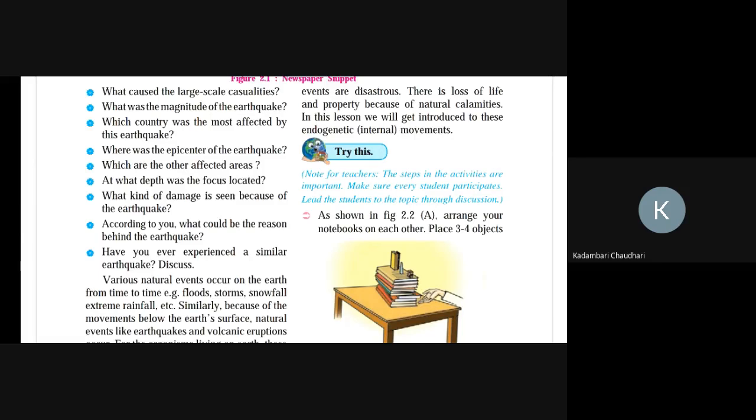They all get troubled because of these volcanic eruptions or the earthquake. There is loss of life and property because of natural calamities. Calamities means